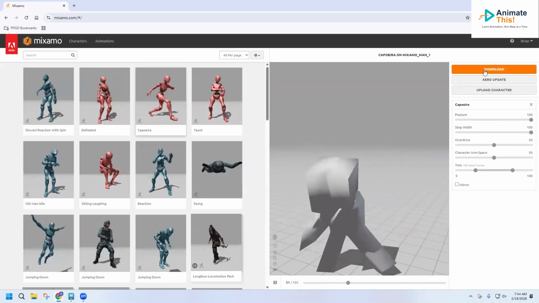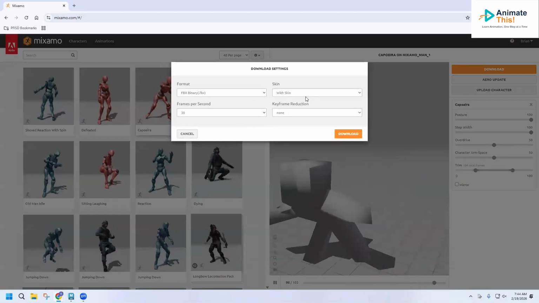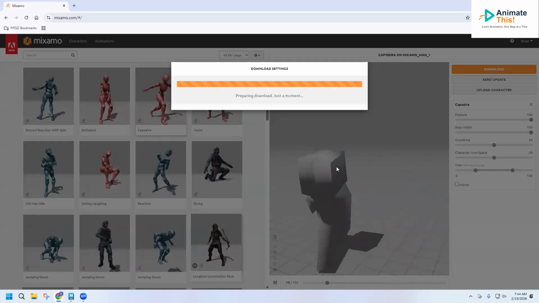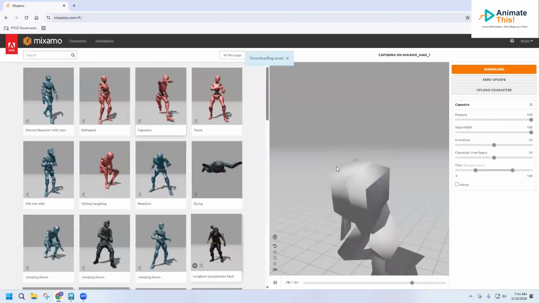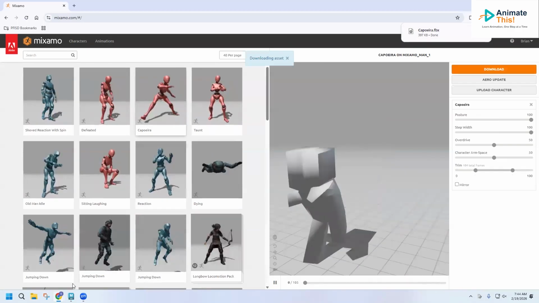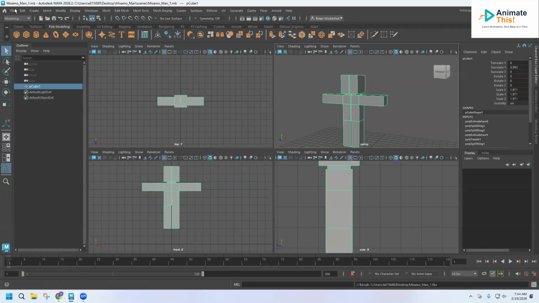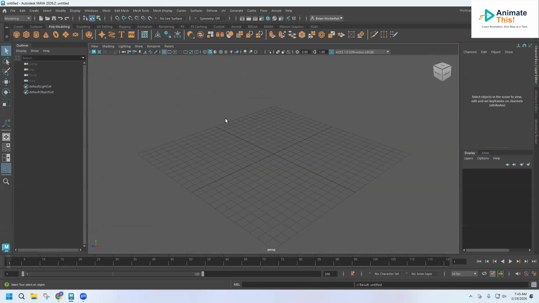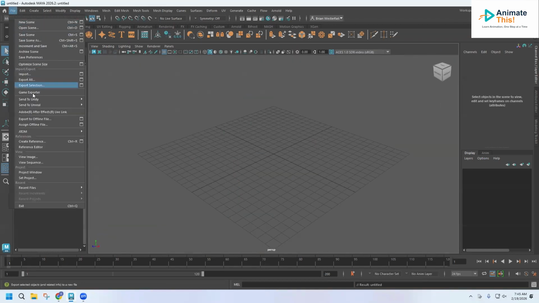I can go ahead and do download, tell it FBX with skin, hit download. Now it says downloading asset. It says that it was done. So I'm going to go back over to Maya. I'm going to save this scene. And then I'm going to go ahead and do new scene. And if I do file, import,